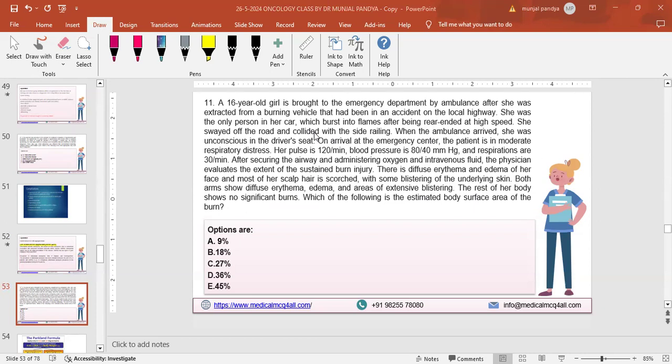So basically, long story short, a young girl has an accident, a blast in the car. She was alone, vitals are unstable. She has burn areas, which you need to calculate and tell the percentage of the burns. Here you apply the rule of 9. If you apply the rule of 9, you can easily see. If you don't have time in such a long scenario, a tip from my side: in the exam, read the last 3 lines, where you probably get the answer.